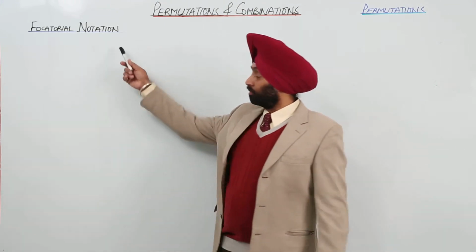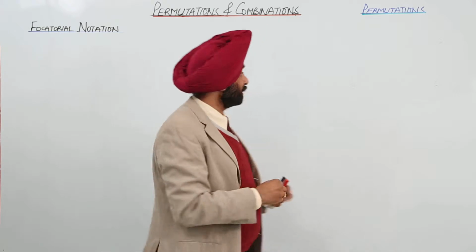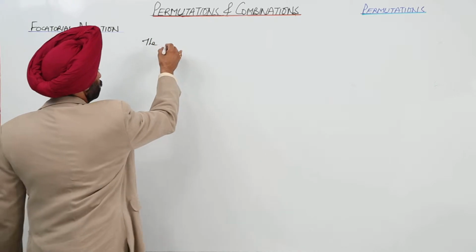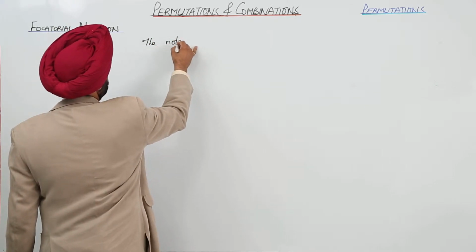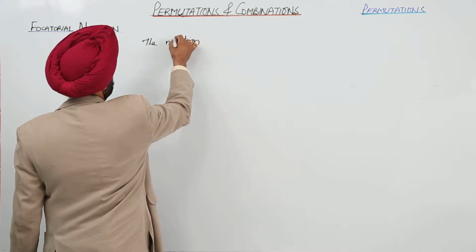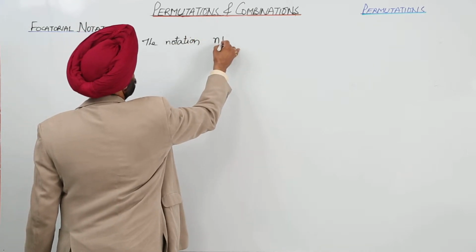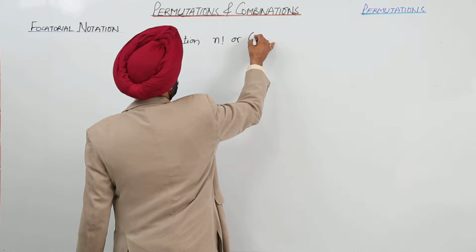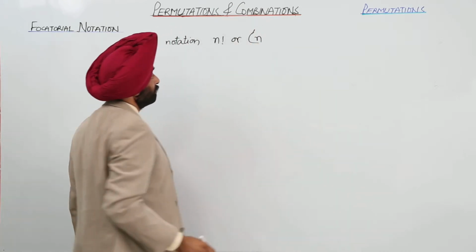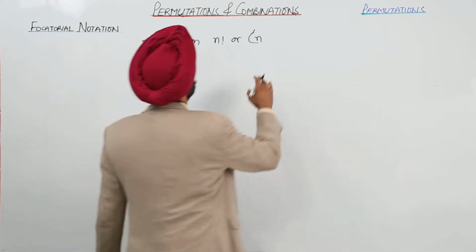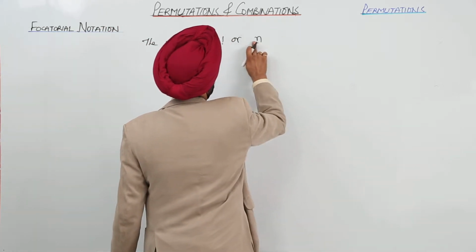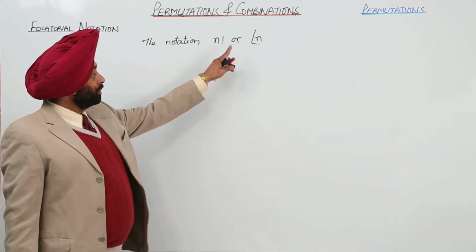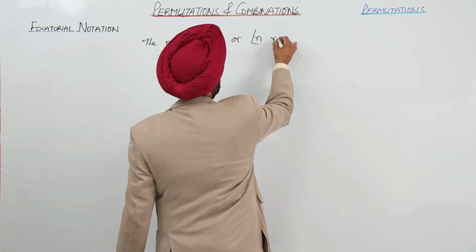Factorial notation. Now what this represents, just look here. The notation n with a sign of exclamation like this one, or like this one, n, just make a straight line like this one. So the notation, if it is written in this manner or in this manner, represents